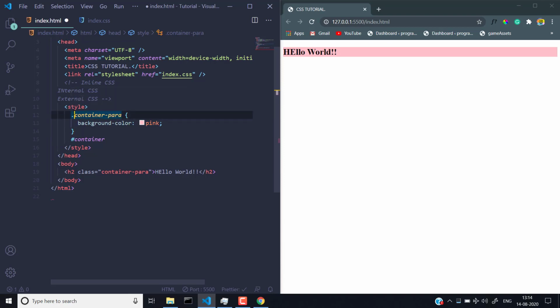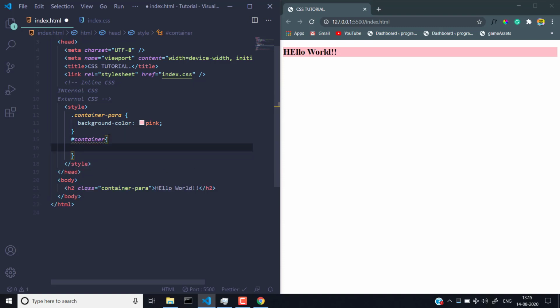If this is a class, write dot, and if this is an ID, write hashtag. After that you have to write the name, then curly brackets, and in them you have to define all the styles you want, and at the end of each style you have to write a semicolon like that. Okay, so this is how this all works.